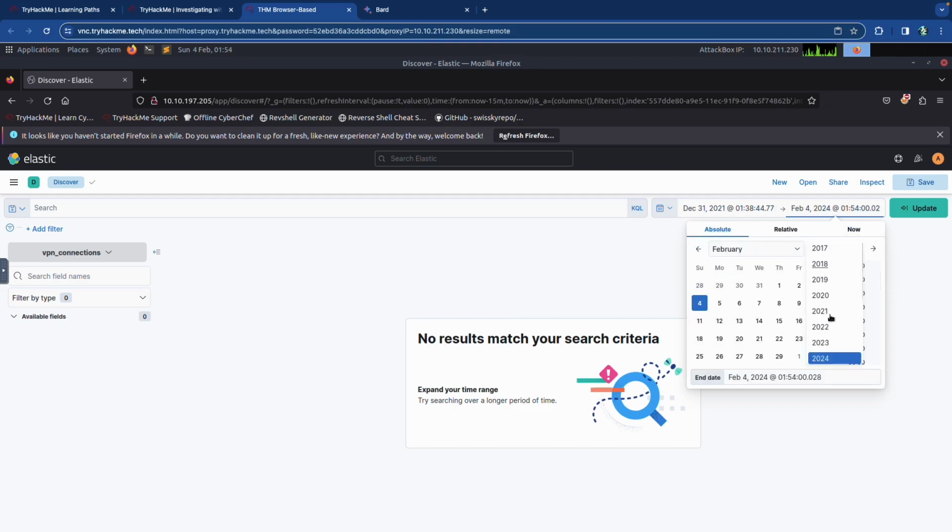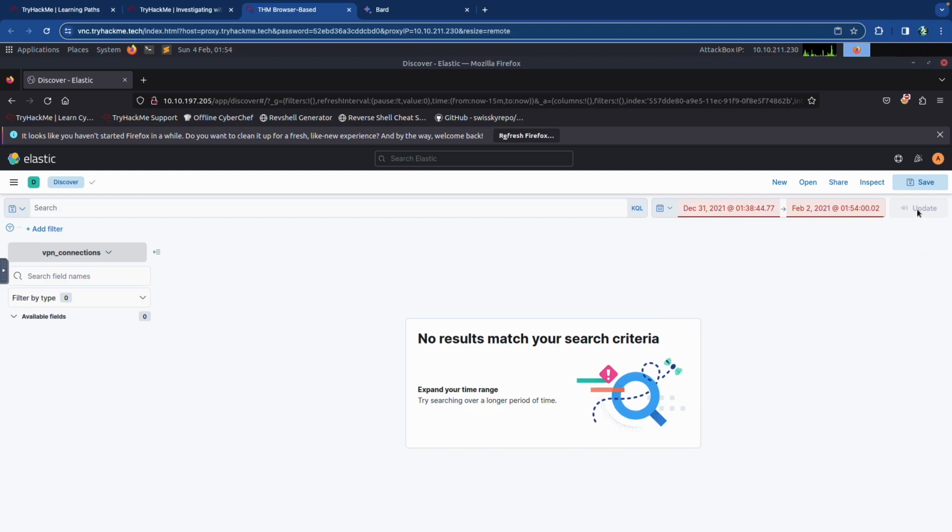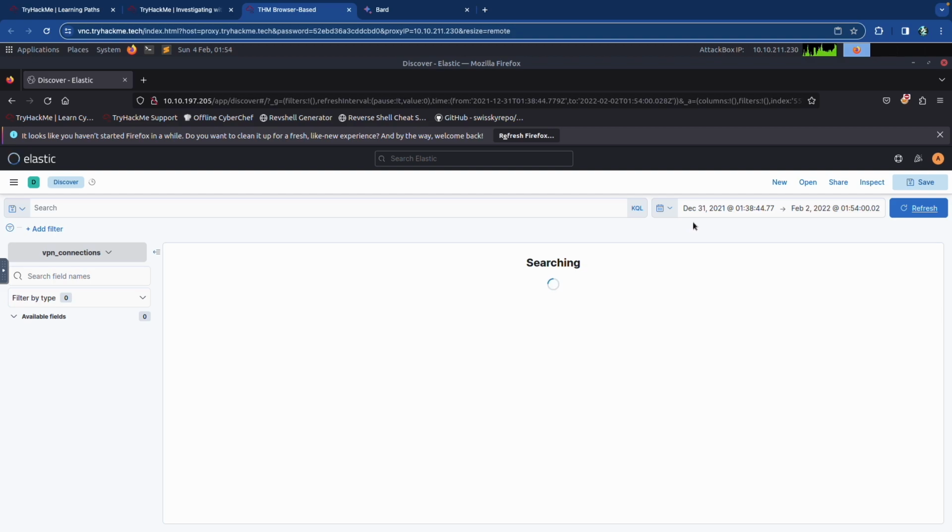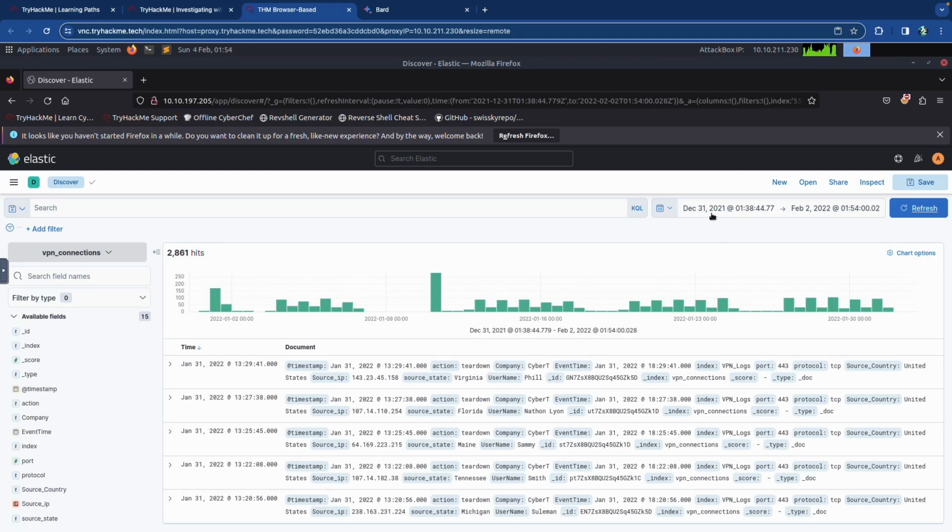We're going to go to February 2nd, 2021. So we're going to run these two dates, and then we're going to do update. My bad, it was supposed to be December 31st, 2021 and February 2nd, 2022. Obviously, it can't go backwards.